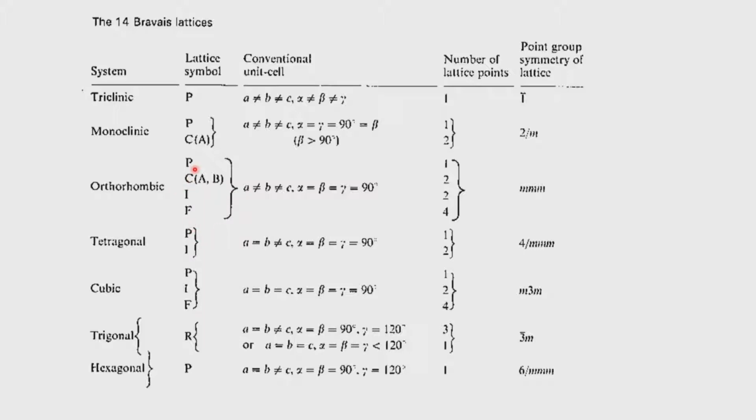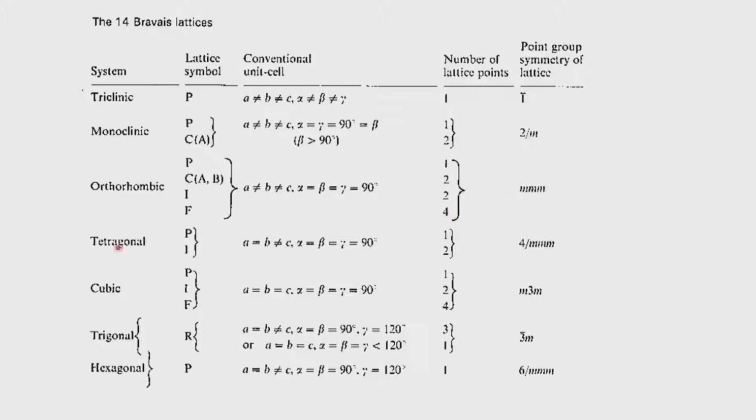So, the 4 types of lattices that we can associate with an orthorhombic system, the P, C, I and F, will carry the number of lattice points like this. 1 for primitive, 2 for C, A or B, and 2 for the body-centered, which is x, y, z, and half along x, half along y, half along z to be added to it. So, that means 1/2, 1/2, 1/2 is an additional lattice point along with the 0, 0, 0, which will generate 1/8 of the points around in the lattice. The F-centered lattice will have 4, 1 corresponding to all the corners and 1 each for each of the faces A, B and C, which is centered.